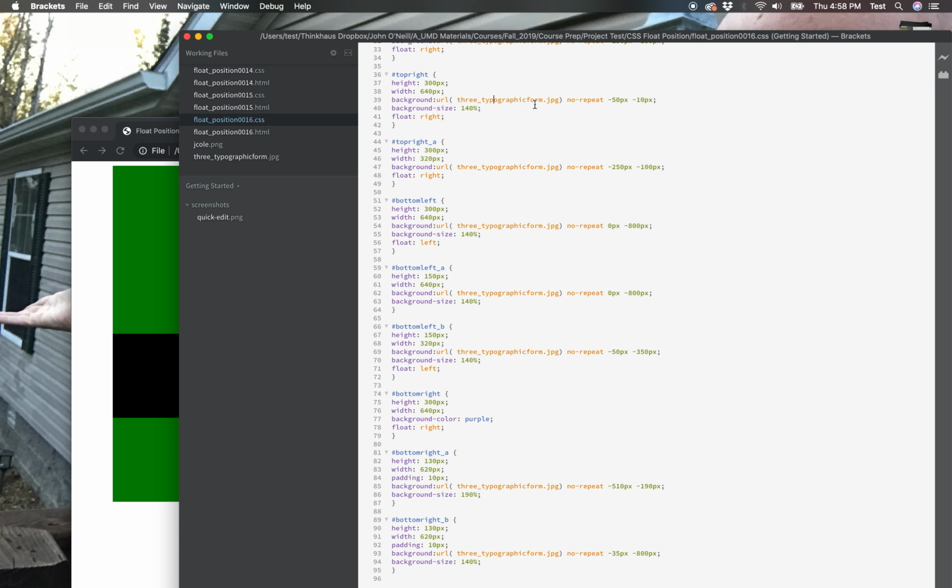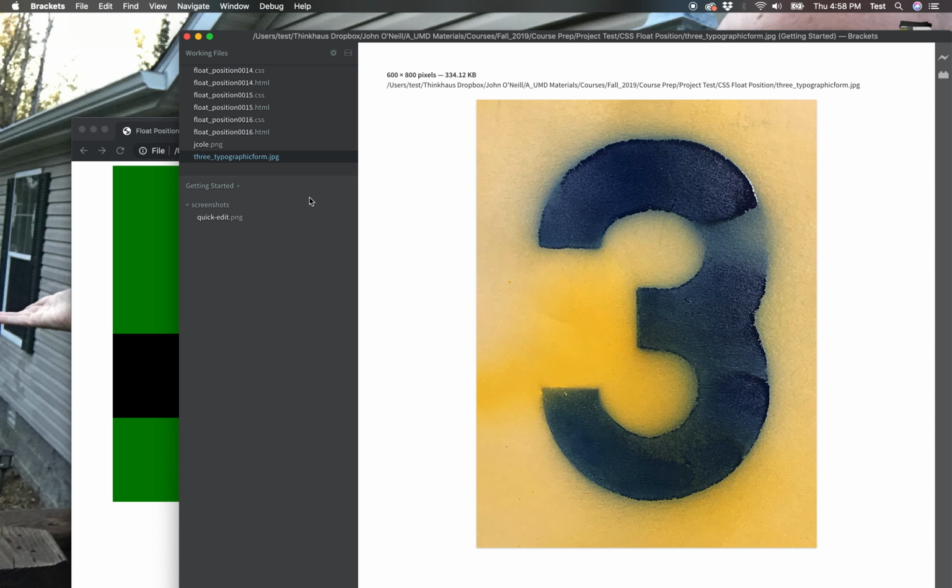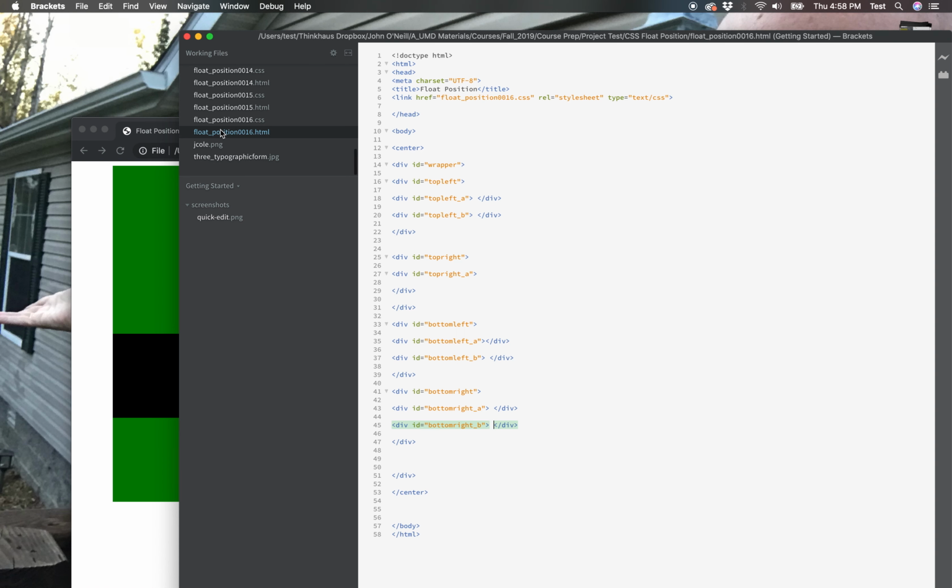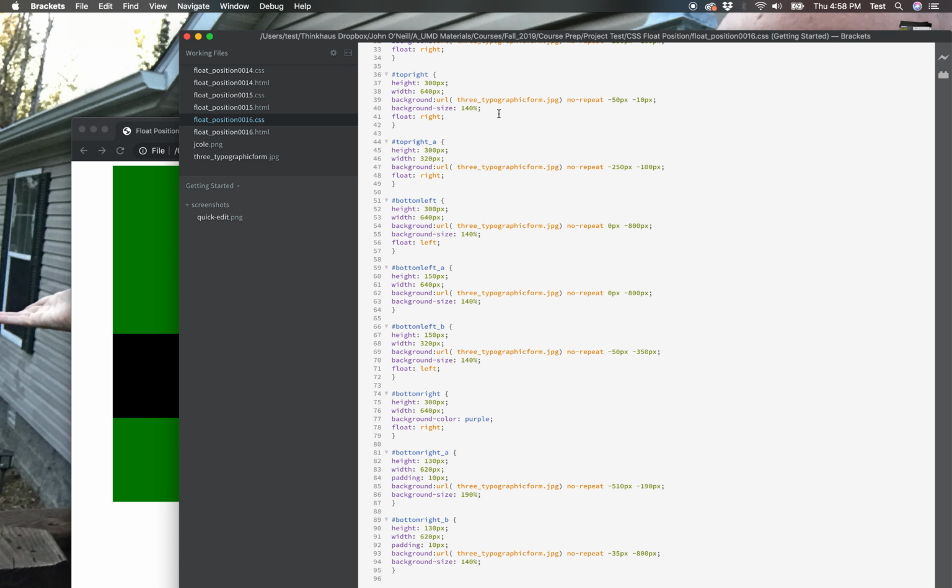Okay, and then the file is right here, so you can see what it will look like. So that's the file that is embedded in all of them, as you can see, 3_topographic form.zip. You can see that all of these div IDs